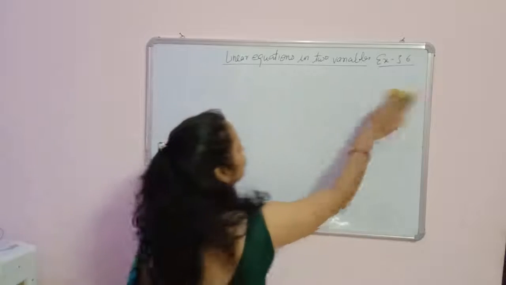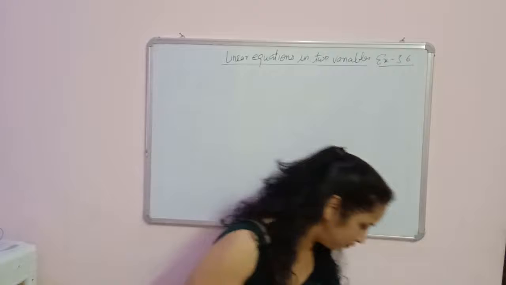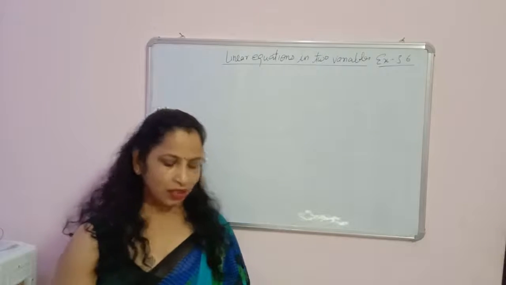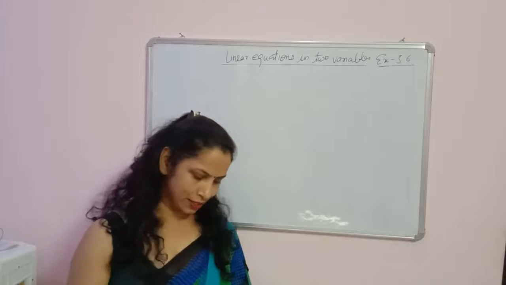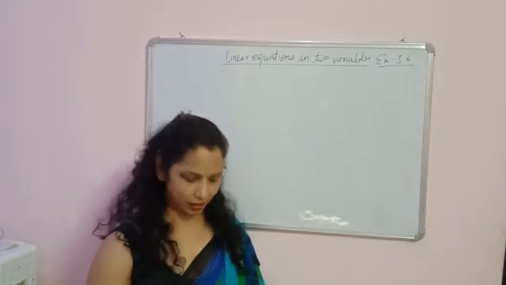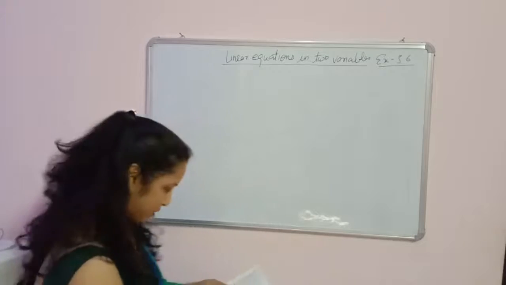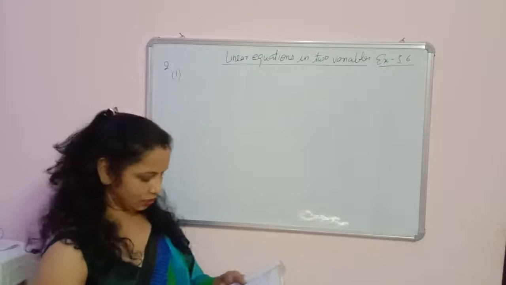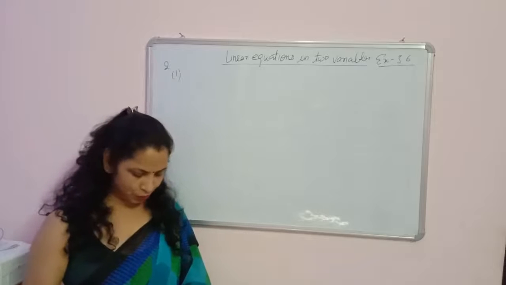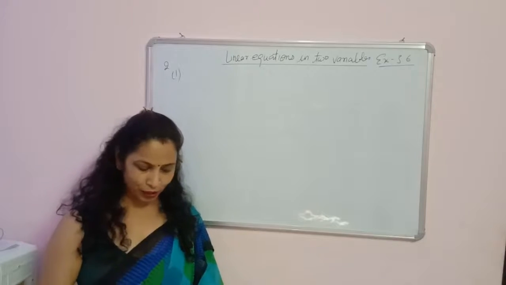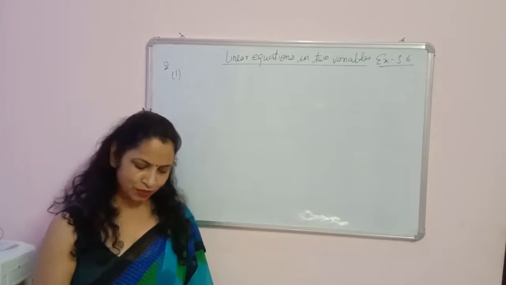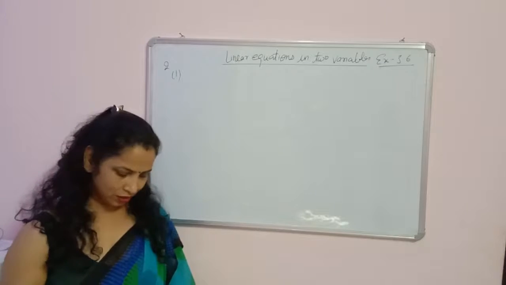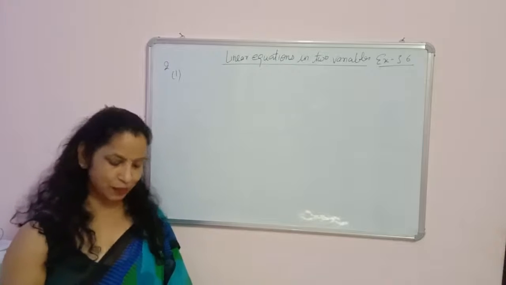So now this is the question. First part of the second question. Again, the example is here in this exercise. This is example number 19. It's a really important example. Please do it yourself, or in case of doubt, you can ask me in your Zoom class. So the first part is: Ritu can row downstream 20 km in 2 hours and upstream 4 km in 2 hours. Find the speed of rowing in still water and the speed of the current.